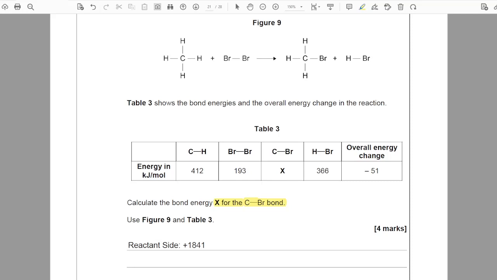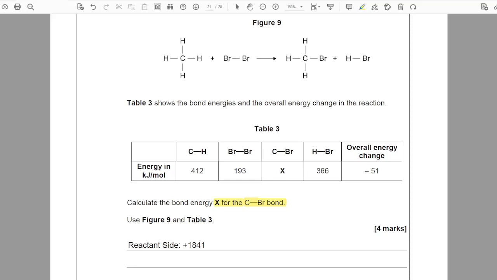And we are missing the C to Br bond, which we can just leave out for now. So we just included 3 C-H bonds and 1 Br to H bond. We're going to ignore C to Br for now because we're going to find it out. So in the reactant side, to break the reactant bonds, we needed